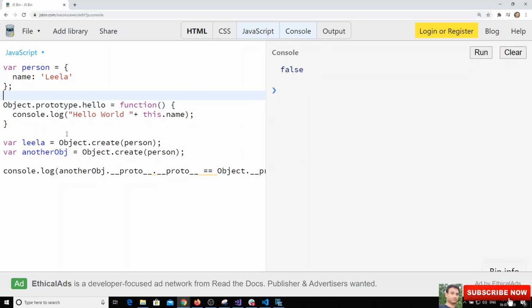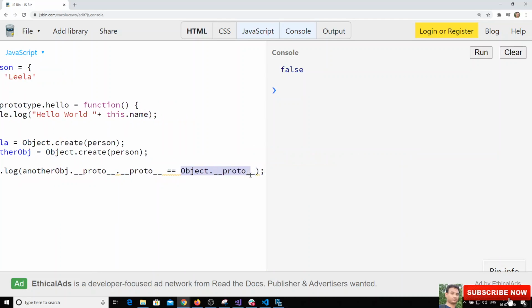So object will not be equal to person's proto. Object's proto is equal to another object's proto. If we run here, we still got false. Why? Another object's proto is person's proto, and we will check whether object underscore proto. So we got false here.